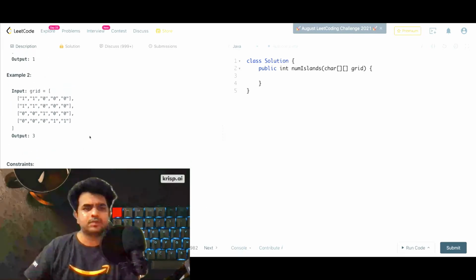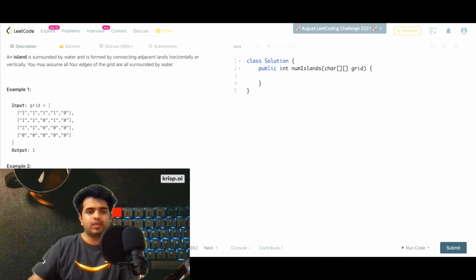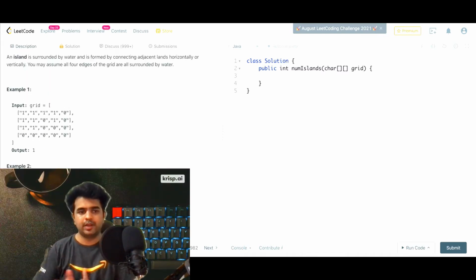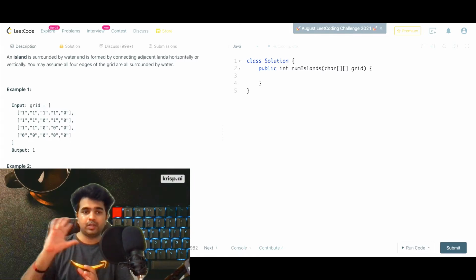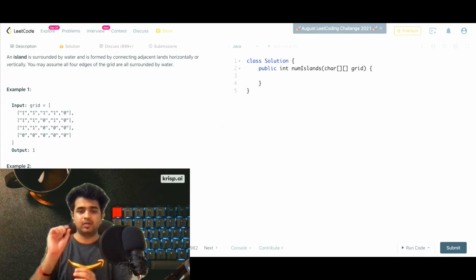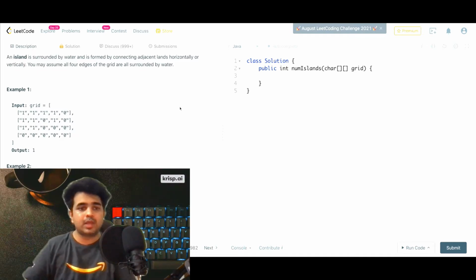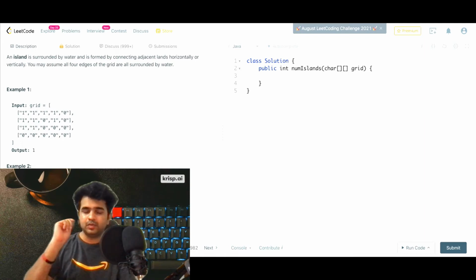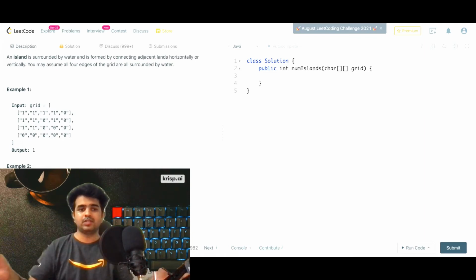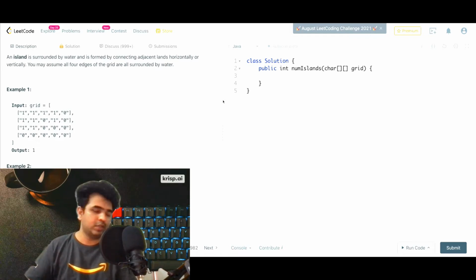So how do we solve this? We need some way to traverse this grid and see if we see a 1. When we see a 1, we need to check what all ones are connected with this, either horizontally or vertically, and we will mark all those ones connected to this one as seen, and we can say that this is our one island, and then we can move forward. So let's look at the solution. This is basically the crux of how you will solve it. You will traverse it, you will see a 1, you will check all the ones connected to it, you will move forward, and at the end you will have your number of islands.